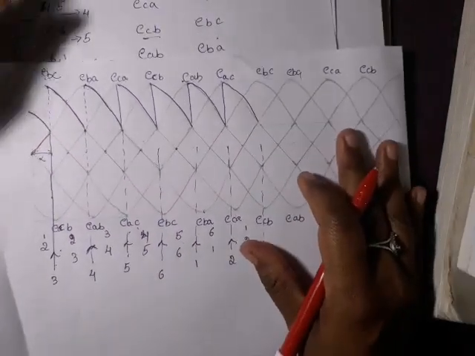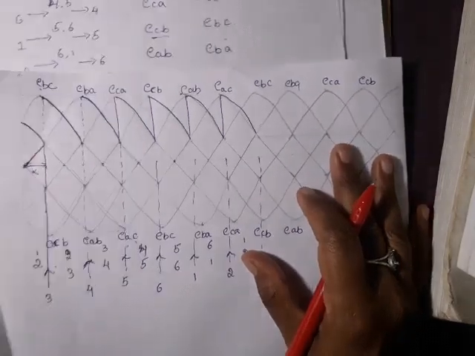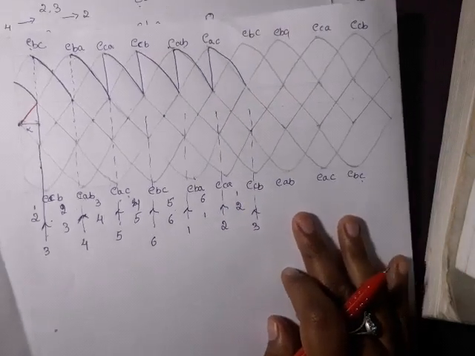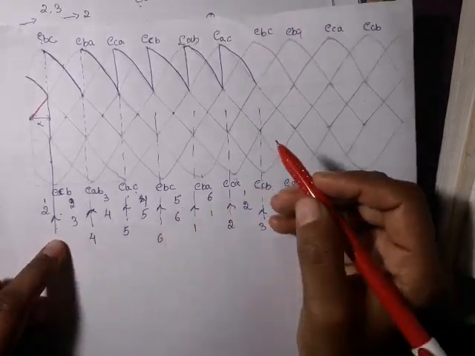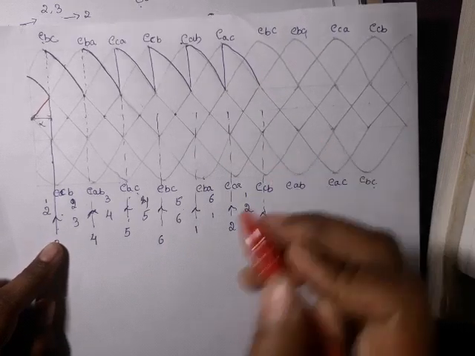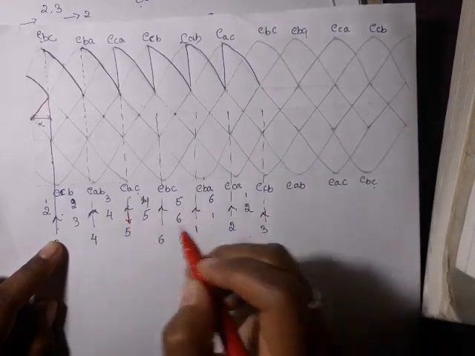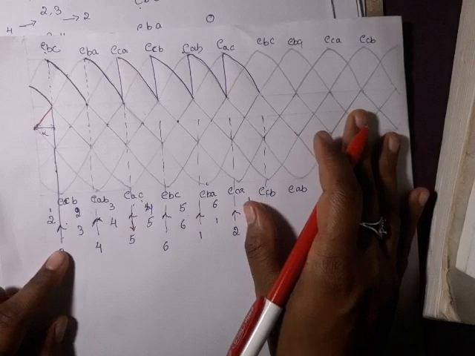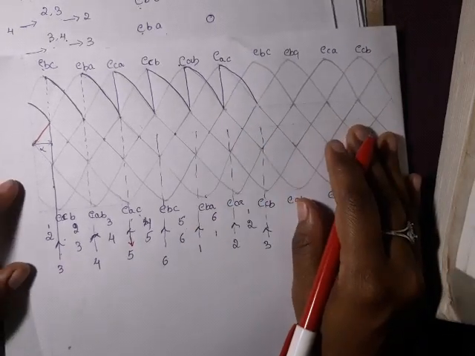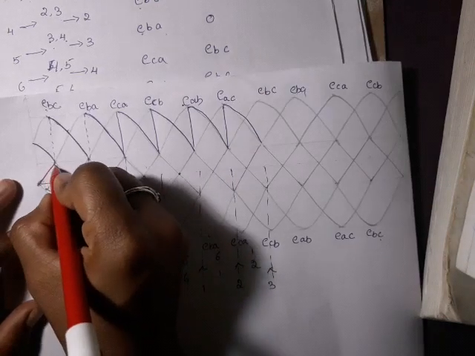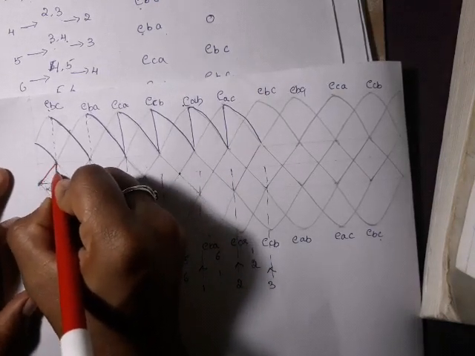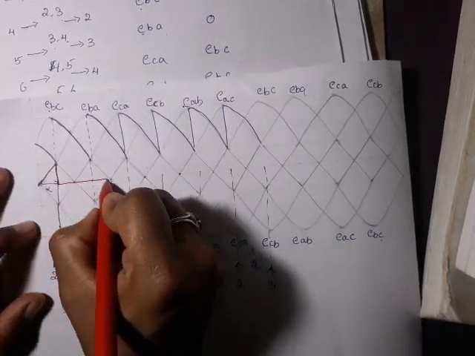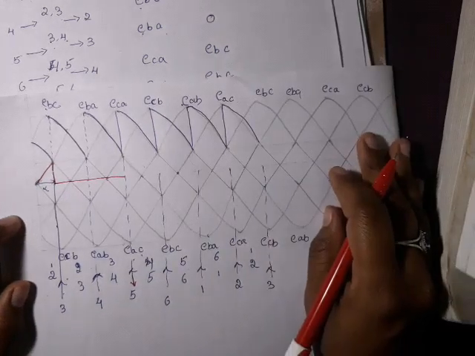Right? Then when valve 3 comes into conduction, valve 3 voltage is 0. Then when valve number 3 comes into conduction till it goes out of conduction, this is the point where valve number 3 goes out of conduction. Till that, the voltage across valve number 3 is 0. So here it is EBA, then it will drop down to 0 and continue to be 0 till valve 3 goes out of conduction.